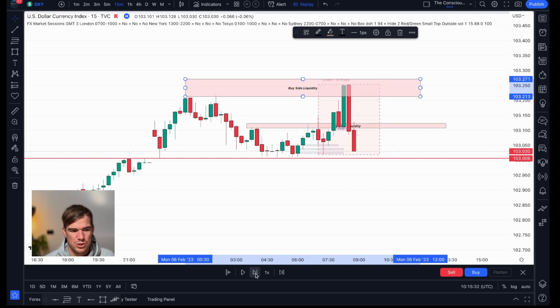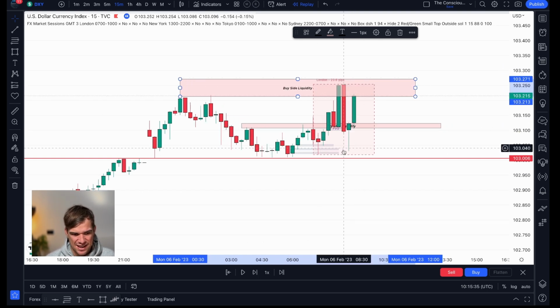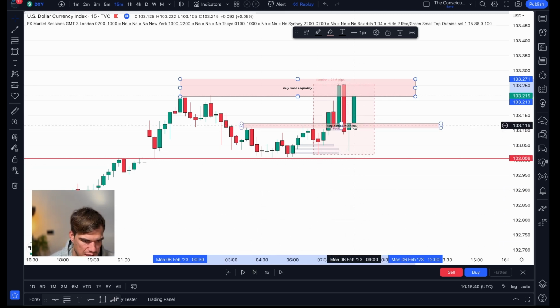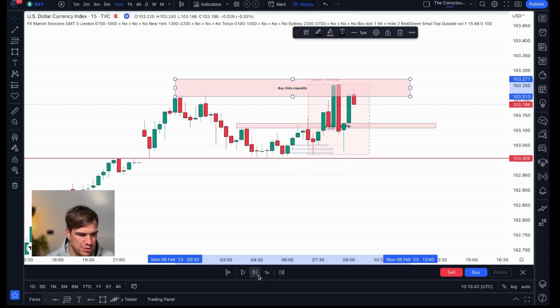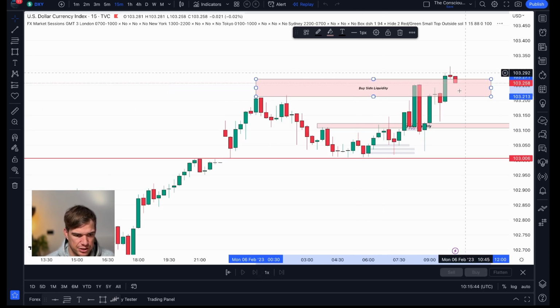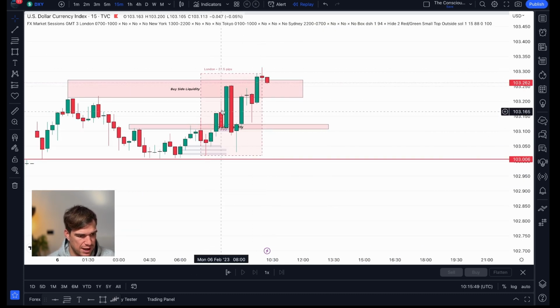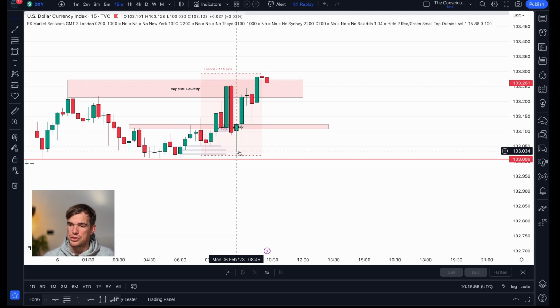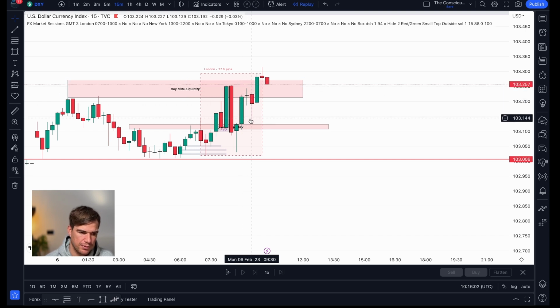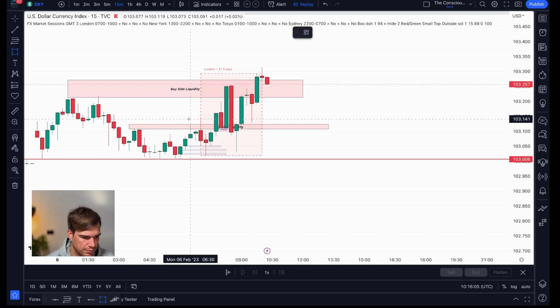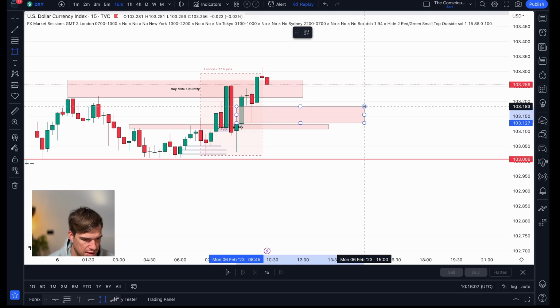Okay, we'll just give you the whole story. And then it came back down, retested all the fair value gaps on the index. What time are we at? 9 o'clock. Time is extremely crucial with this. We're just going to do the whole session of the London kill zone so we can see. So we had that fair value, took out this buy side liquidity, came back, retested this fair value gap, and that would have been two opportunities to go long on the pound dollar. And now the price went up, retested this fair value gap, really nice. Again, look at that, to the pip.